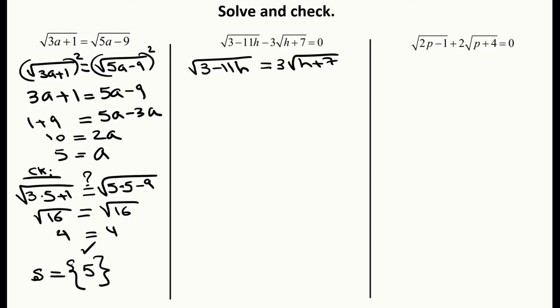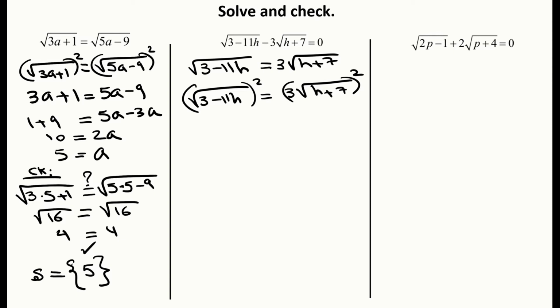And now we can go ahead and square both sides. There's no need to try to get rid of this 3 or anything like that, because we can go ahead and square it. And if you try to get rid of it, you would just end up with a 1/3 over here anyway, so it doesn't do us any good to do that. So we'll just go ahead and square both sides. So we have the square root of 3 minus 11h squared is equal to 3 times the square root of h plus 7